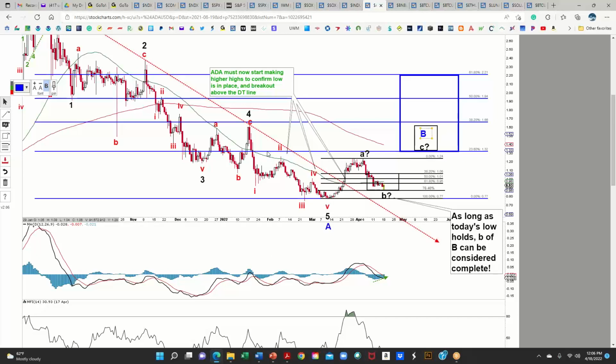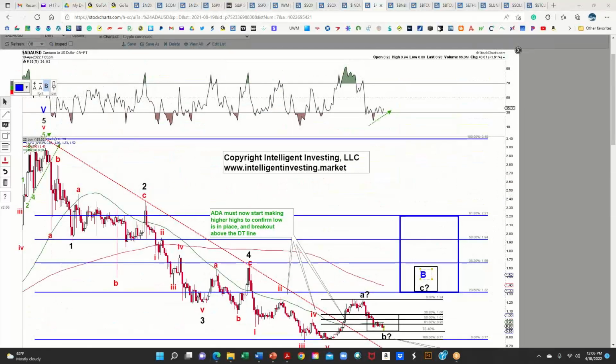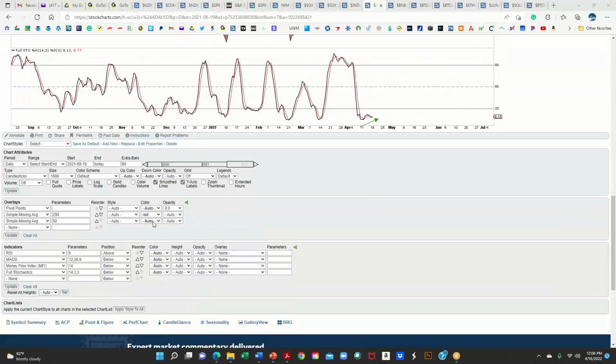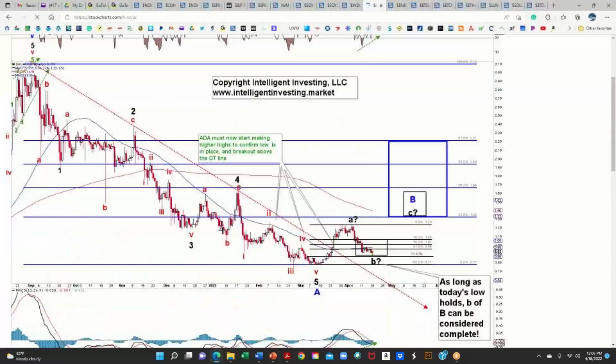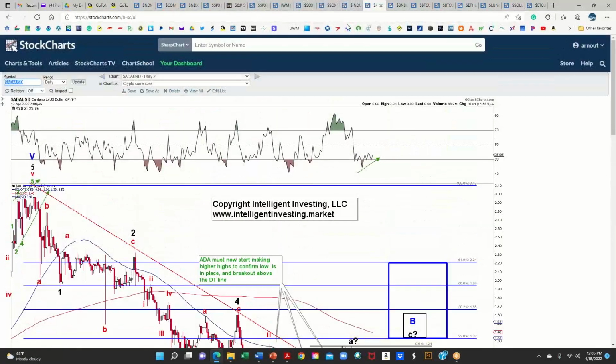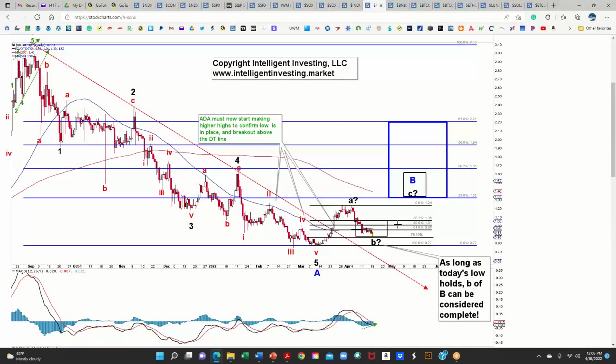And please be mindful where price is in relationship to the moving averages, as I've pointed out in Friday's update. Remember that we are still in a bear market setup, right? Price is below the 50-day, the 200-day, all those things. So please keep that in mind. But so far, so good. Minor tweak necessary? Not even.